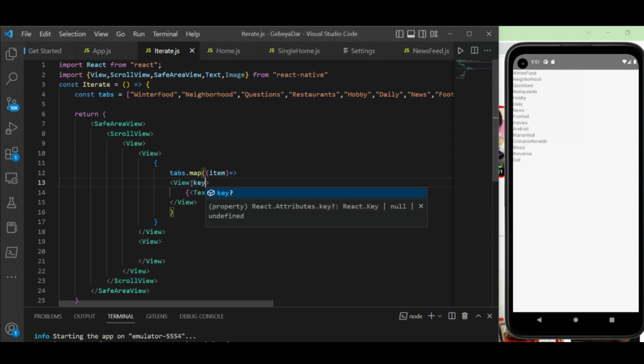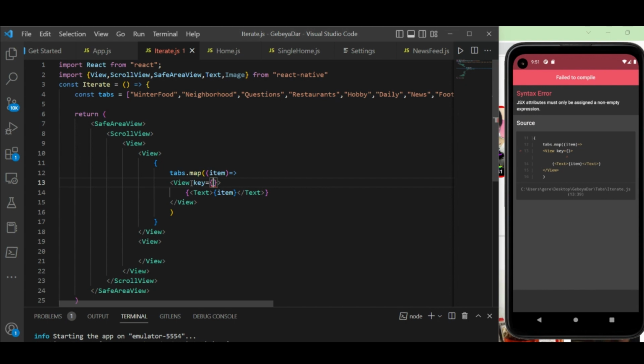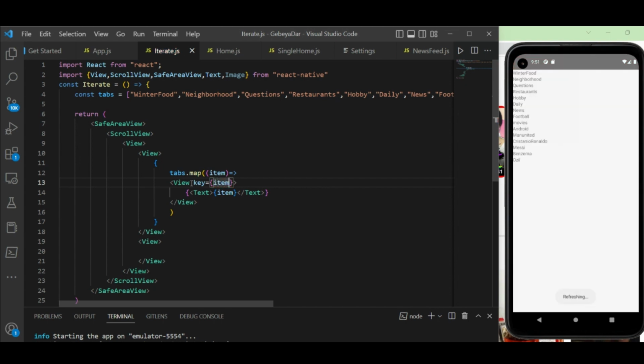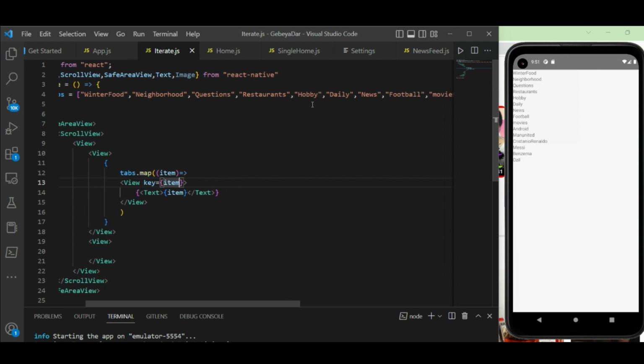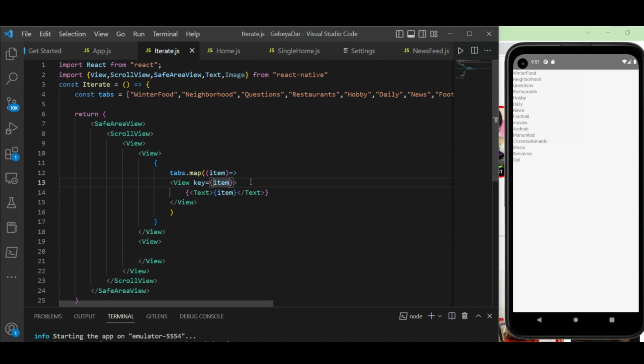What we can do is, first we have to specify the key so that React won't complain. So let's just make it the item, which is not a good practice here because two strings might have the same name and this might cause a problem. But for now, let's just proceed with this. And then